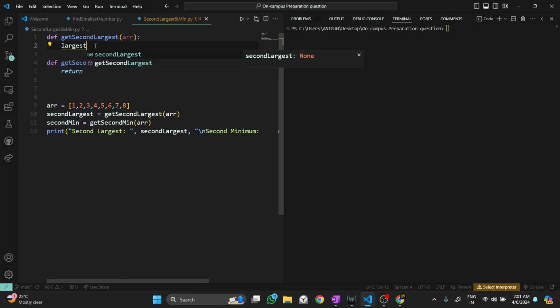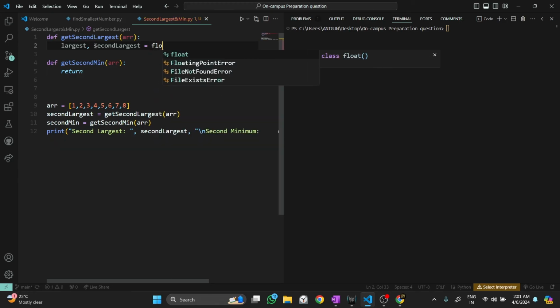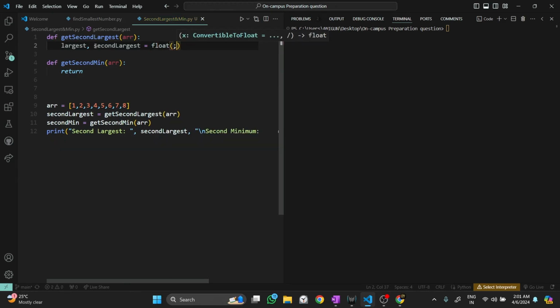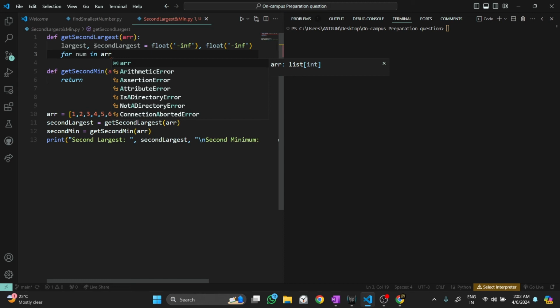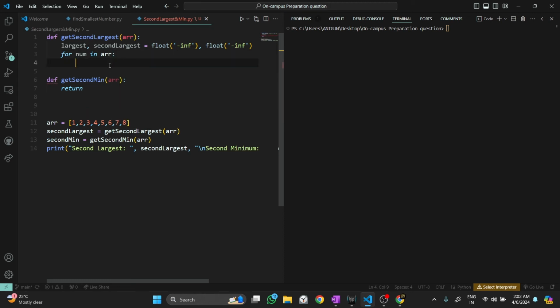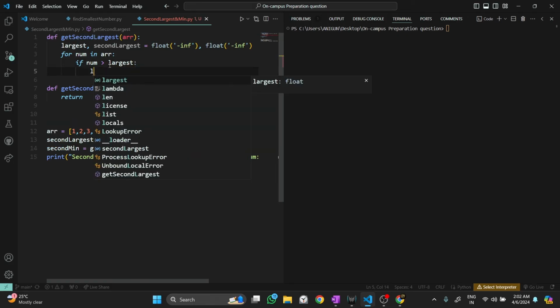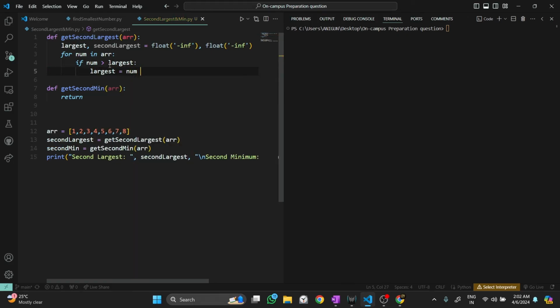Firstly, we need a largest variable and a second largest variable, which will store a very large negative number, so that we can compare it to the others and find the maximum number present in the array. Now for num in array, which will iterate over the array and give us every element present in the array. Now if my num is greater than largest, just update my largest to the num